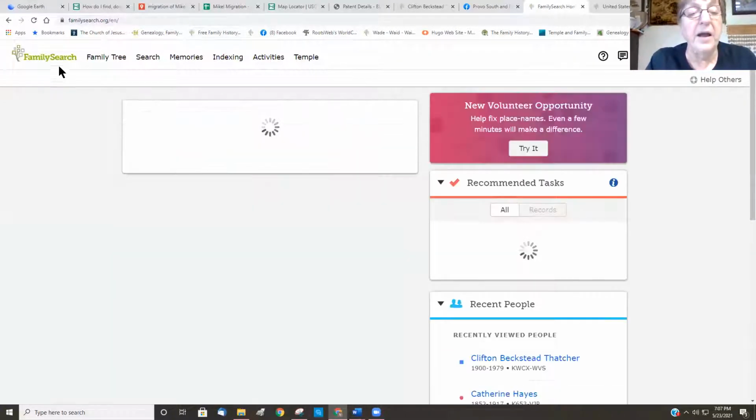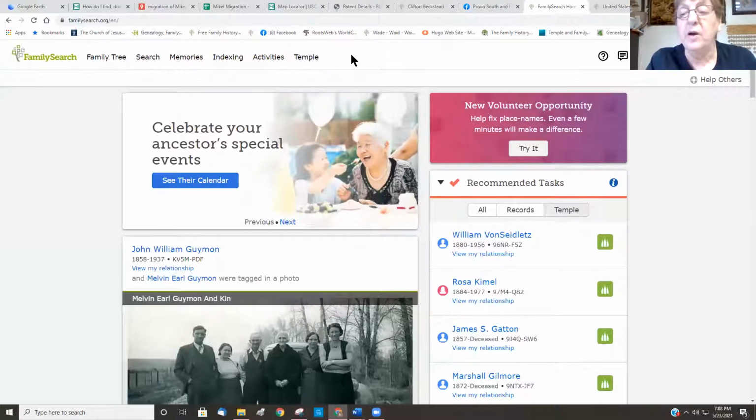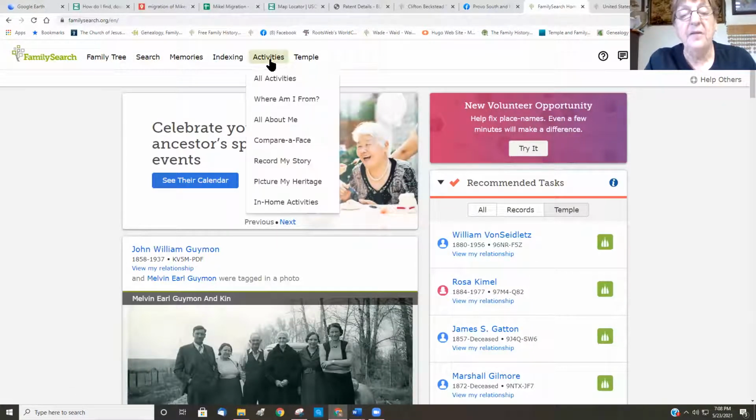Right on this very top line, and I understand, and I didn't know this before, that this is a little bit different on an Apple computer. And I'm going to have to find an Apple computer someday that I can play with and learn how it is different. But on this line, one of the things is activities. And if we click on activities, we have all kinds of games and activities and things to do, one of them is, where am I from? And if we click on it,